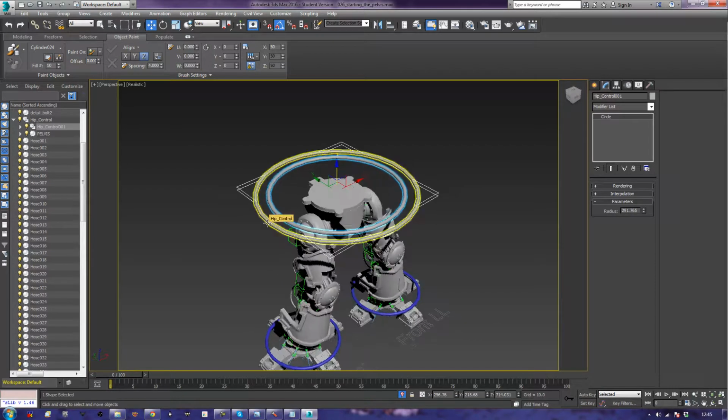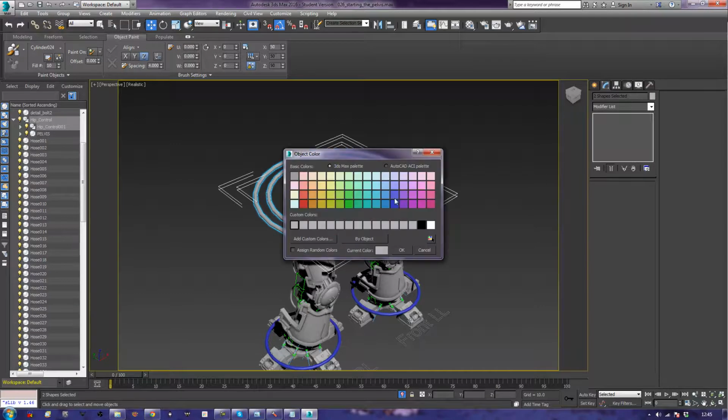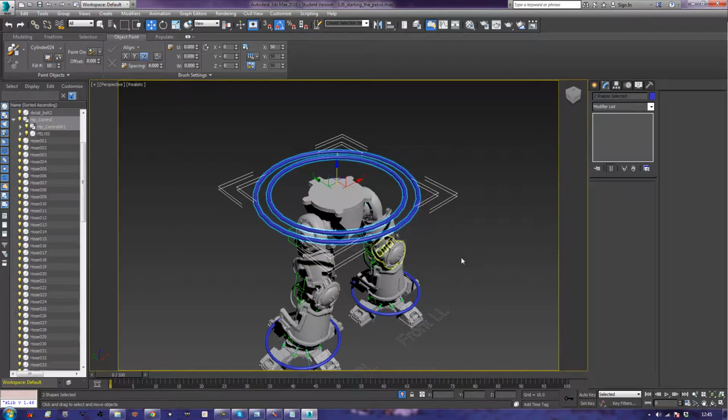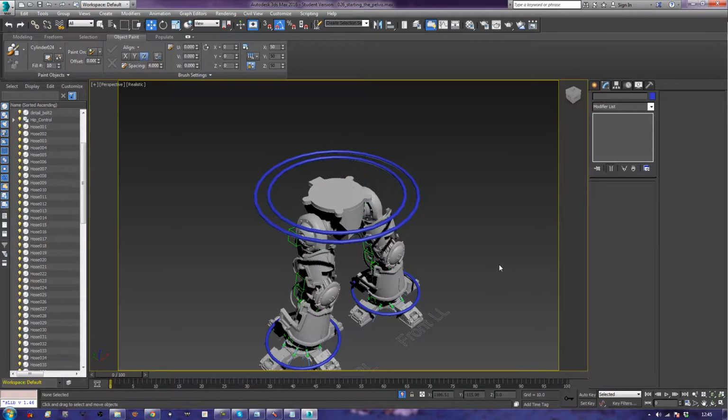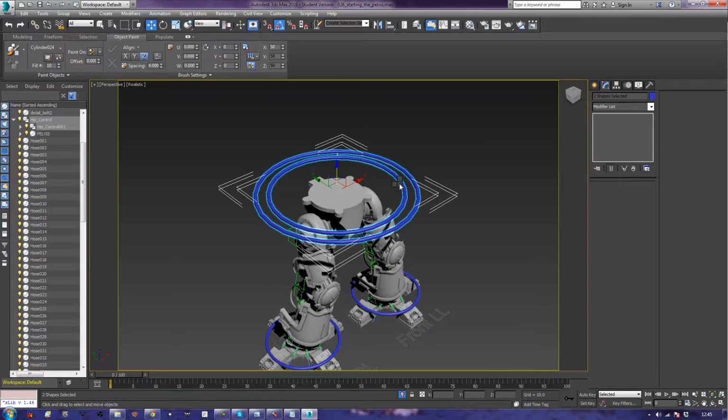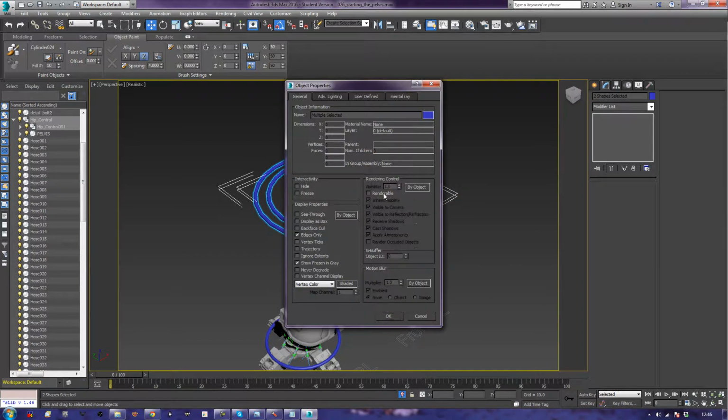Right, now what I'm going to do is obviously colour these fellas, because they're not the right colour at the minute for what I need. So, that one. Okay, and because it's quite important, I need to make sure these are non-renderable. So, object properties and not renderable. Okay, so